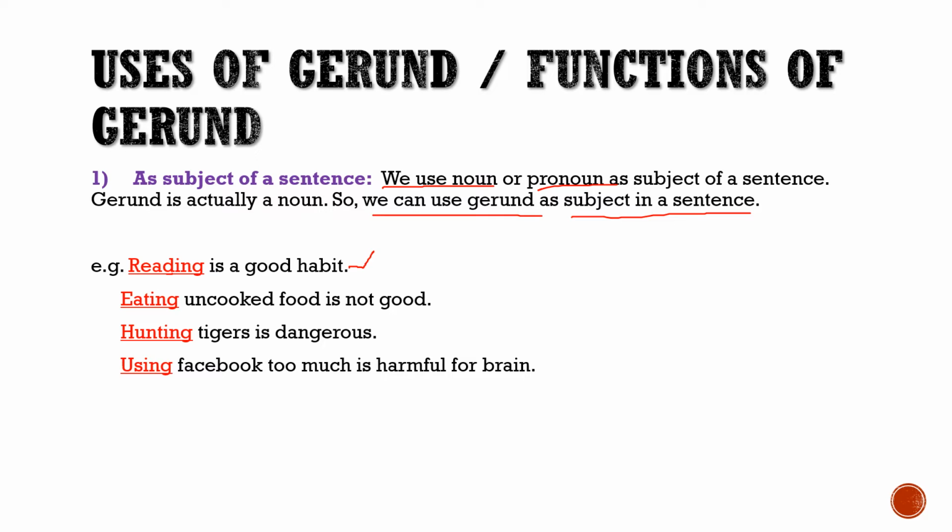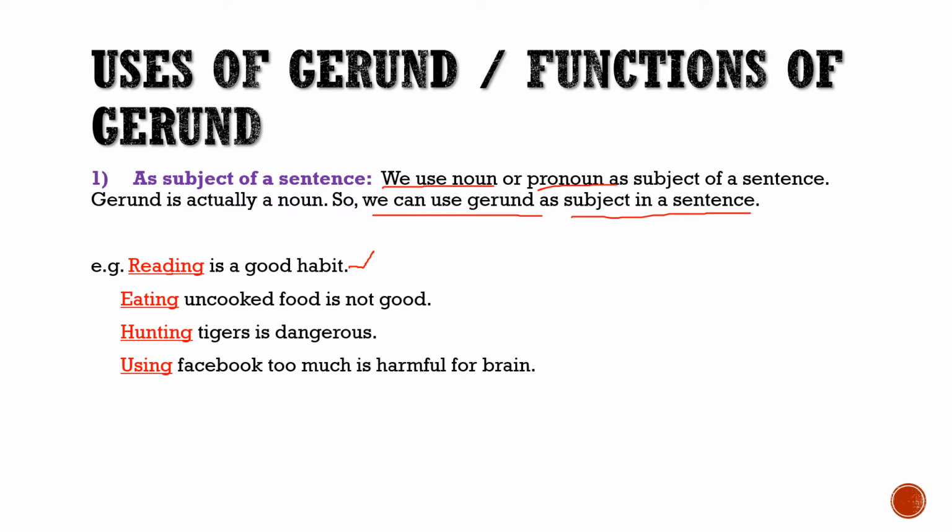So we have added ing with the base form of the verb eat, and it has become a noun, and it is used as a subject in this sentence. সুতরাং দেখতে পাচ্ছ eating শব্দটির সাথে আমরা ing যোগ করেছি এবং ing যোগ করে একটি নাউন গঠন করে একে এই বাক্যটির সাবজেক্ট হিসেবে ব্যবহার করেছি।